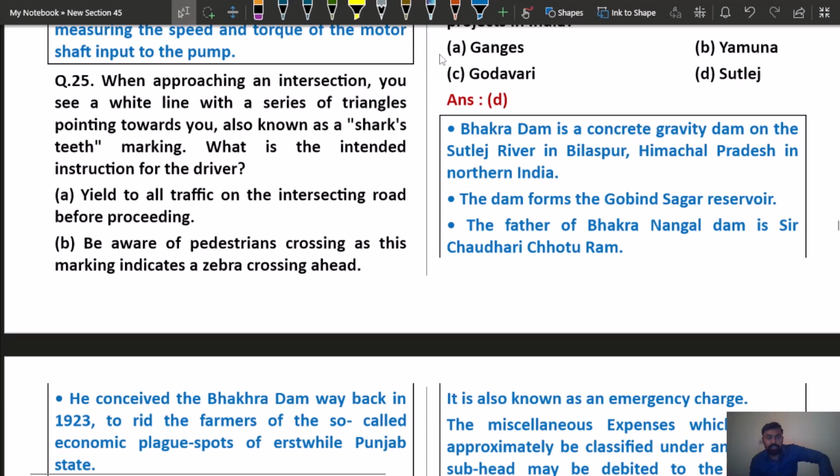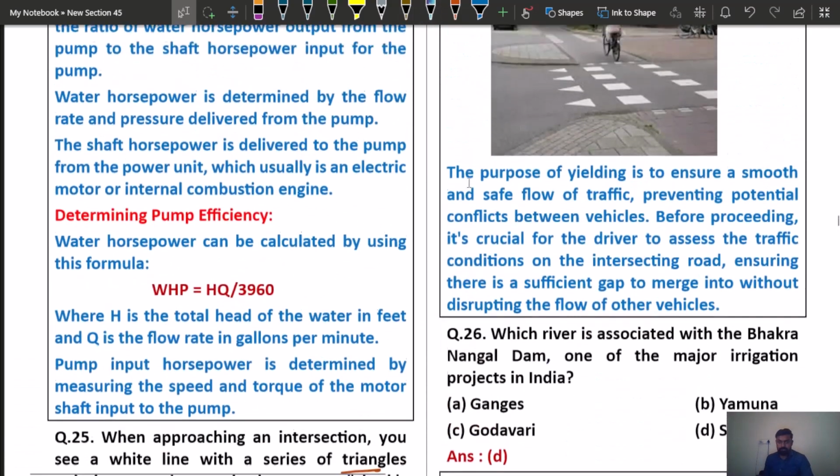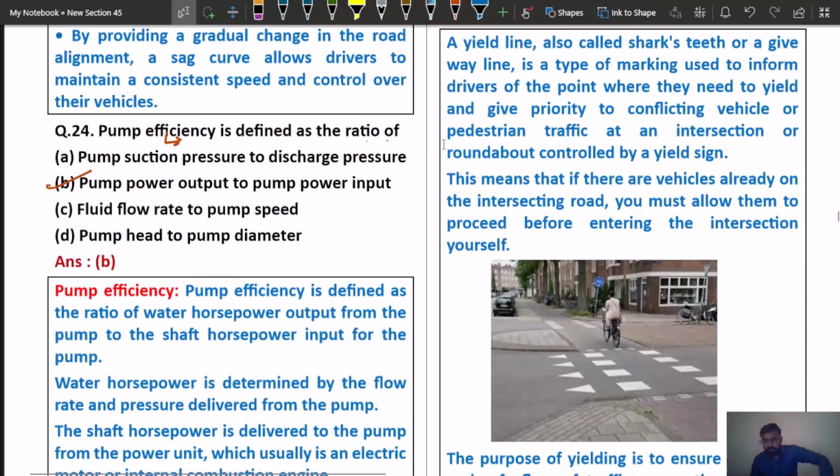When approaching an intersection, you see a white line with a series of triangles pointing towards you, also known as shark's teeth. What is the intended instruction for the driver? So this question is asking why we provide shark's teeth at intersections. This is called shark's teeth. These triangles are called shark's teeth, and these markings are provided to inform a driver about to stop